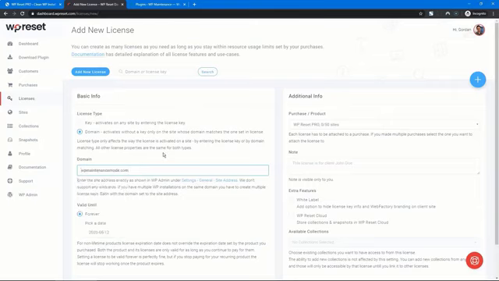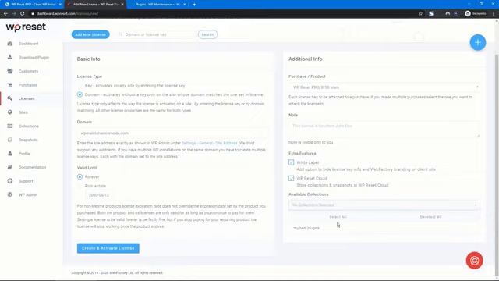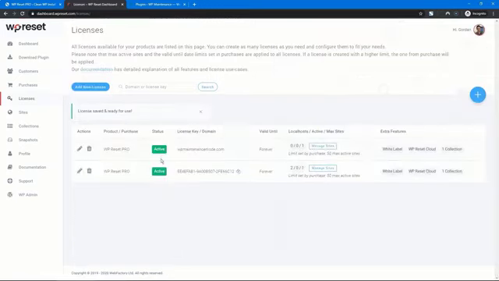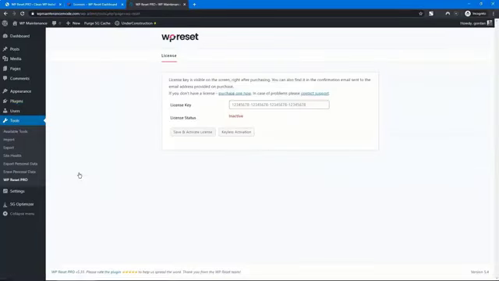What do you do? You enter the site's URL. You say, okay, let it be active forever. And you add all of the features that you want. And as I already mentioned, you select the collections that should be available on that site. Create and activate license. Okay, so we go to that site, we go to WP Reset Pro, and we say